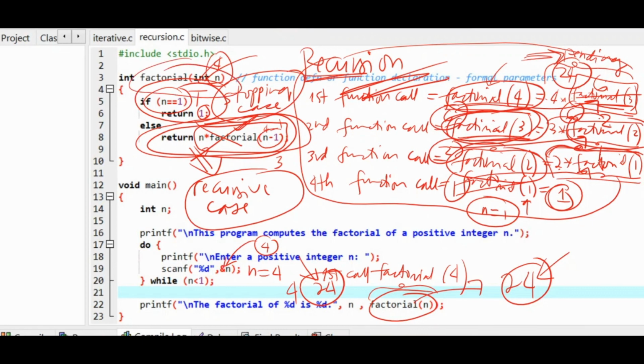But if it has only recursive case and no stopping case, then what happens is that this would result in infinite recursion, which is not a good programming practice, and that is something that you should avoid. So for a normal recursive function, for a normal recursion process, there must be these two cases,